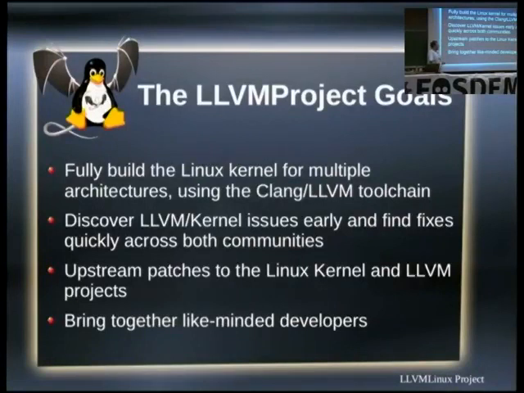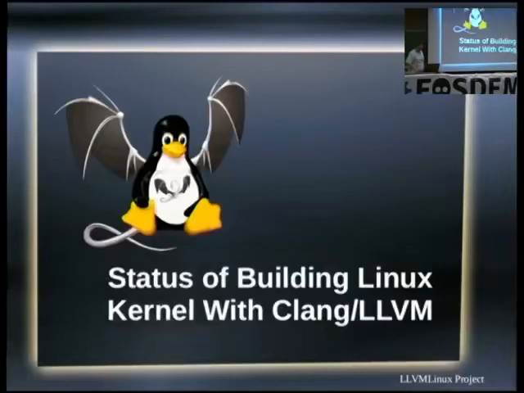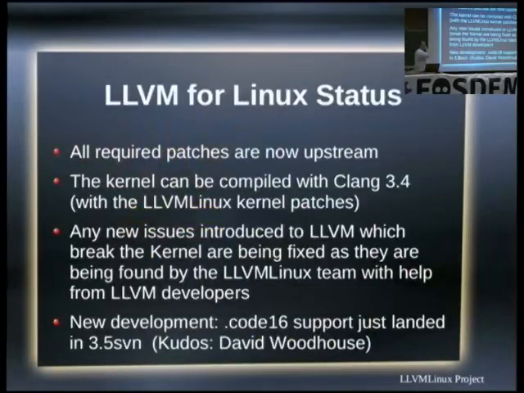Right now with LLVM 3.4, the latest stable release, you need no patches to LLVM. Still, we need a few patches to the kernel. Because compiler flags need to be set, or the compiler needs to be reset. So there are a few issues in the kernel. What else? For the LLVM part, all patches which are needed are upstream.